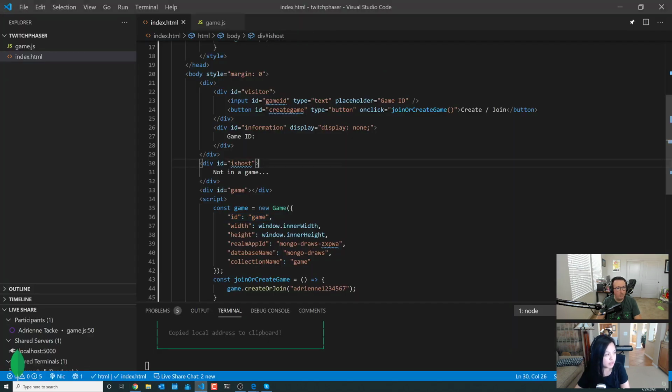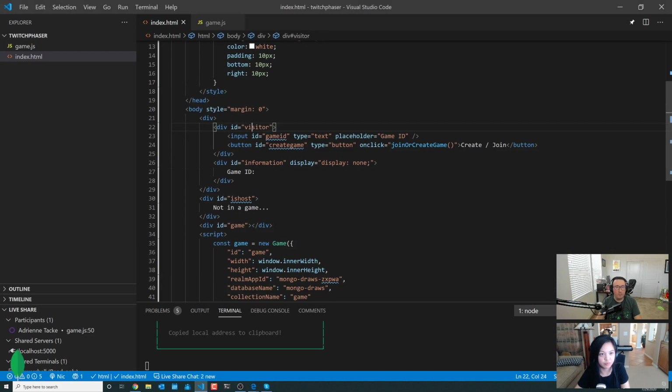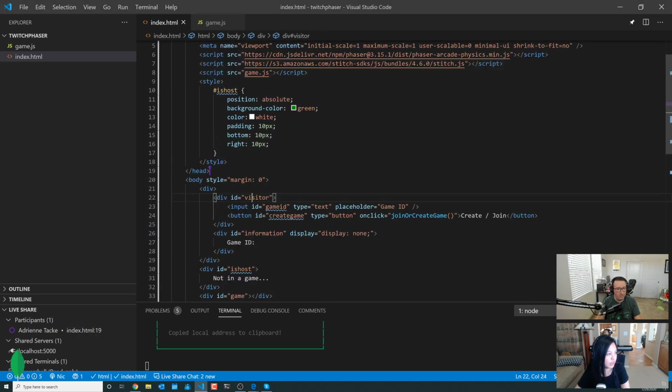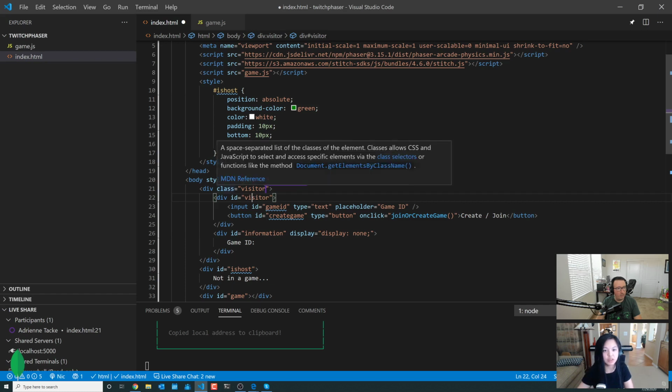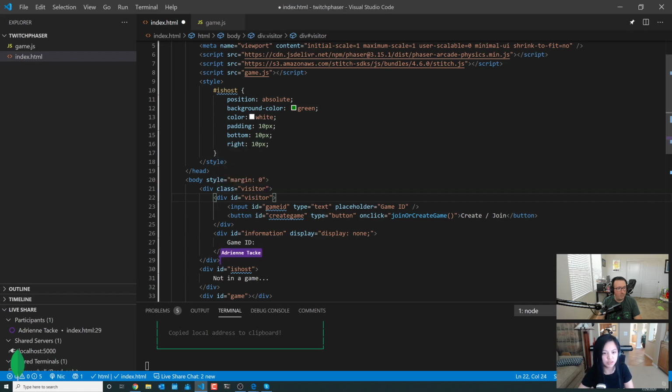Yes. The actual canvas, you mean, right? The visitor. So the visitor class. I think it's relative positioned right now. Yes. Give this a class. Oh, I mean, what needs to be? Oh no, we already have it. Do we? No, yeah. It's on line 22. We just need to put style information in there.